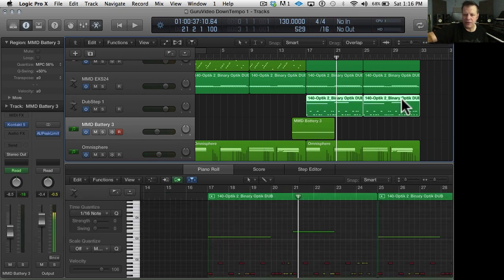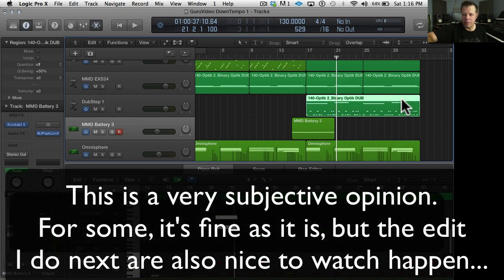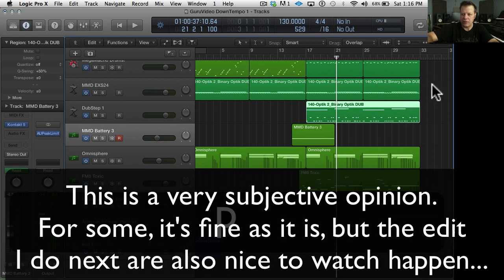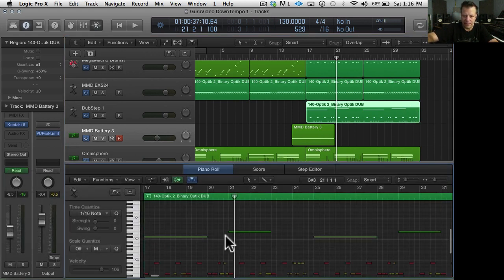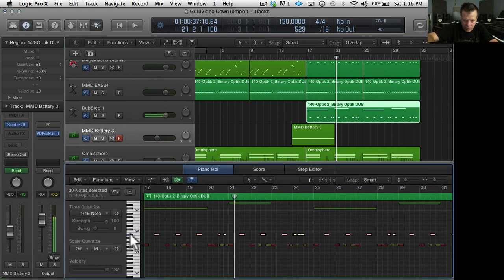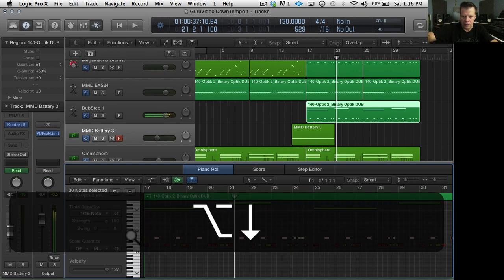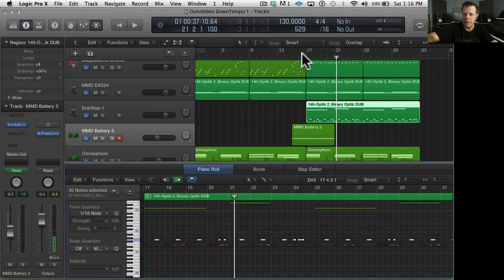Cool. And that snare's not right, so I'm going to marry these two measures and go to the snare. That might work. Let's see.